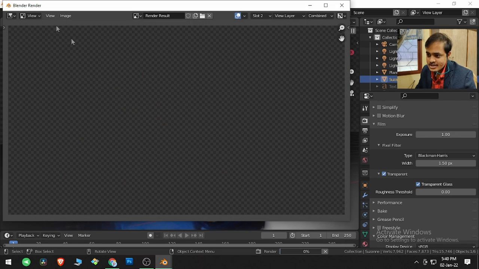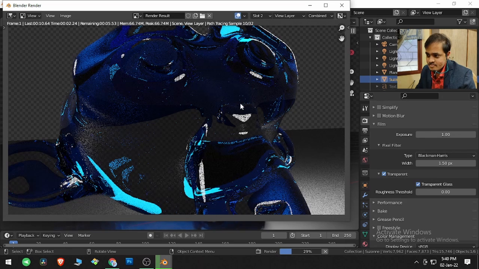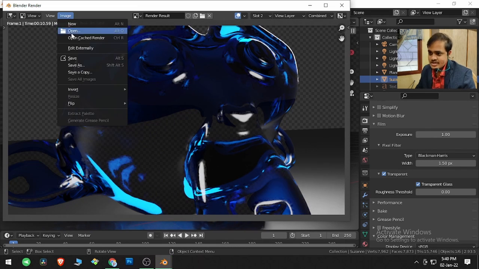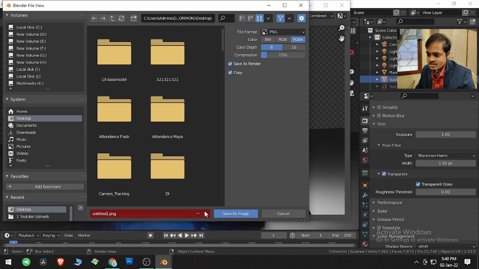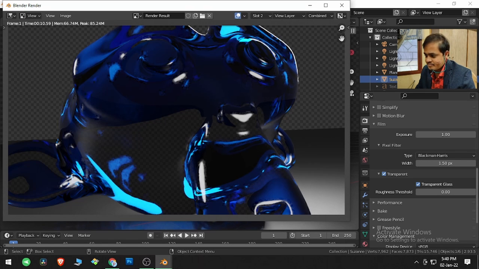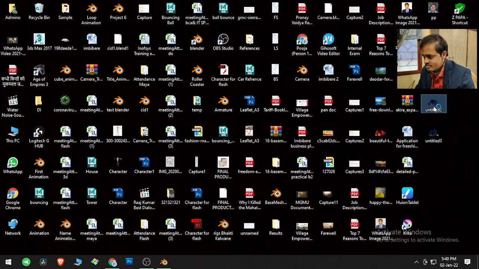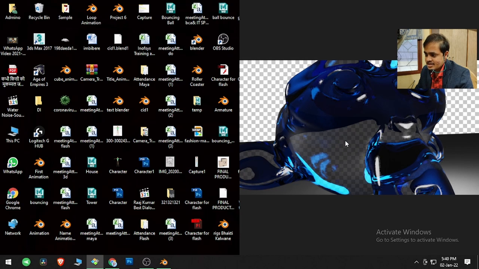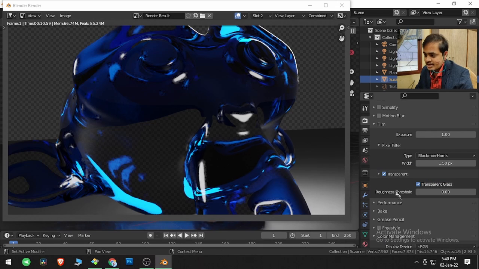So if I render this image and let the samples complete, this is 24, 28, 30 and 32 and done. And here if I save this image and go to desktop, this one is an image with the empty background, and this is with the transparency enabled. This is what it does, and how rough you want that glass to be.